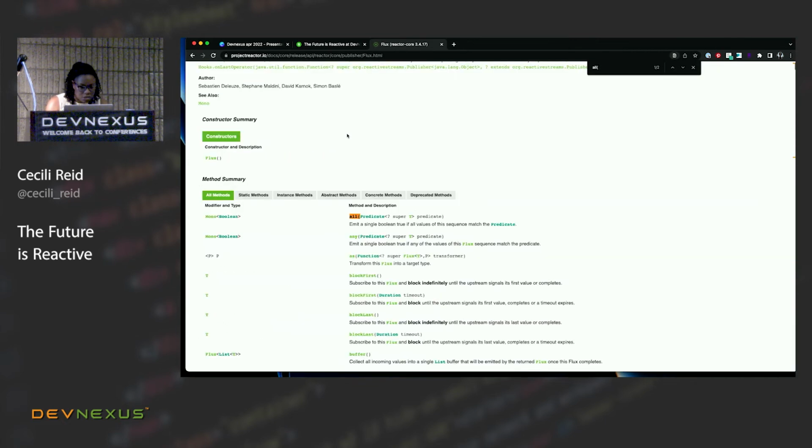All, I think it is. Yeah. So in this case, with all and any, I want to know if all of the objects in my flux are integers, and that is going to spit out a mono. Basically, mono is just a way to represent an object in a non-blocking way. Because I'm within the non-blocking context with flux already, it's not sufficient for these things just to return Boolean. It has to return mono, because that's what we are subscribing to.